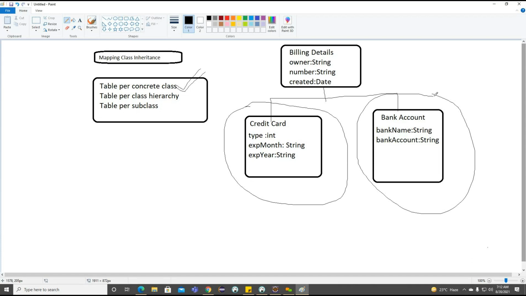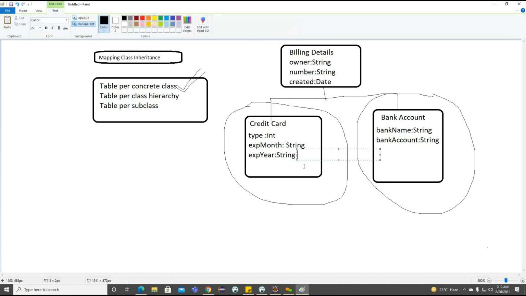But here, whenever we are trying to create this particular credit card, how are we going to add the billing details information here? Billing details information. So this is very important. Now if you observe here,